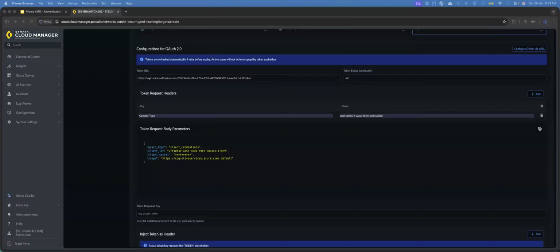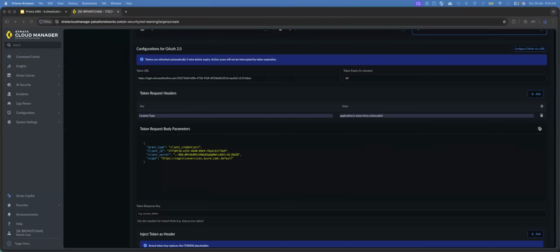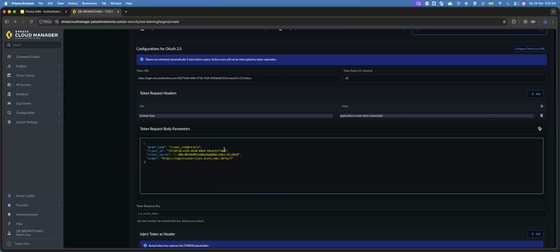So what I will do, I will change my client secret. So again, this value is really a secret, but what we will do after this demo, I will go and delete these client ID and client secret pair. So you have to provide your client ID then